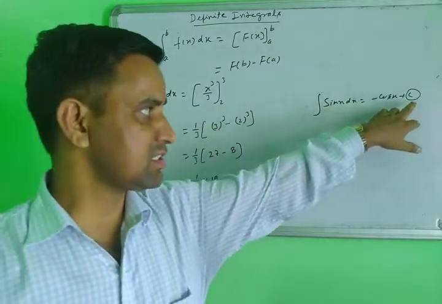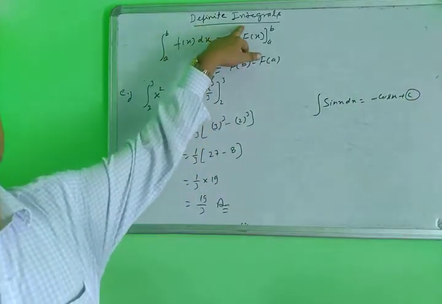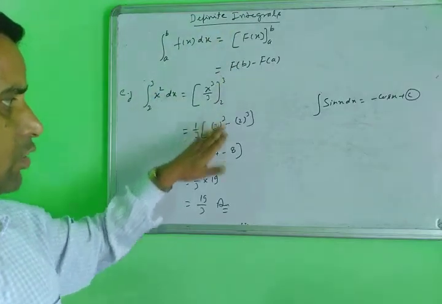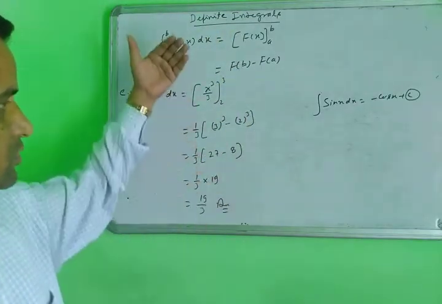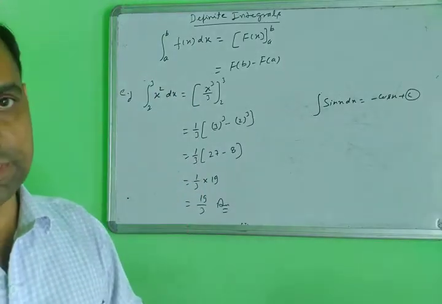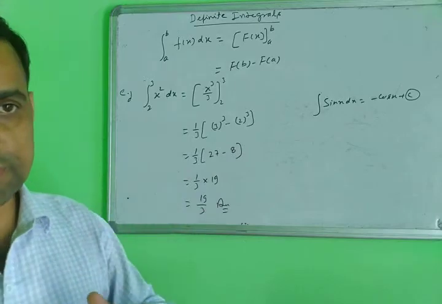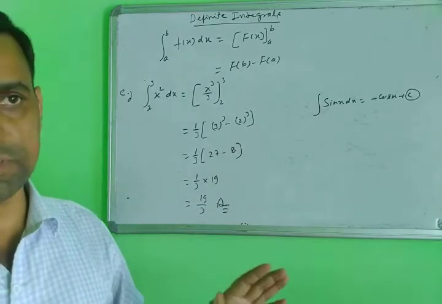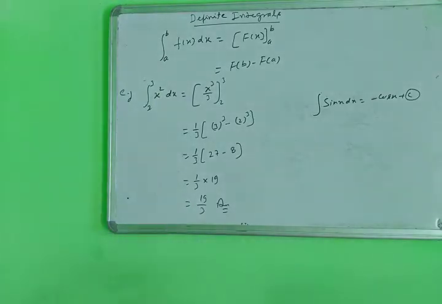In this way the constant c is removed in definite integrals. A definite integral does not have c because it has a definite value. So this is the process of definite integrals. Nothing changes here: identities are not changing, tricks are not changing, everything is the same for definite and indefinite integrals. Yes, note down the next question number.